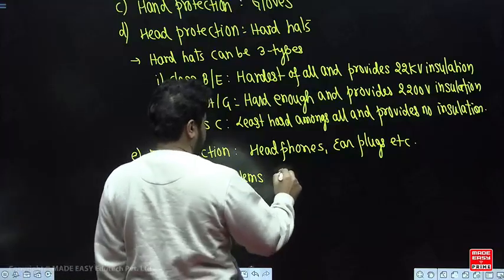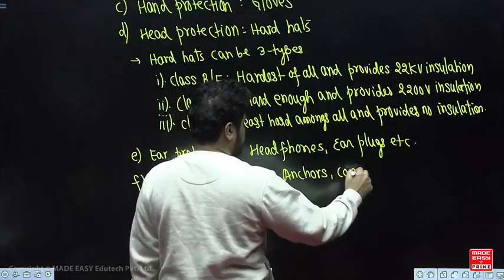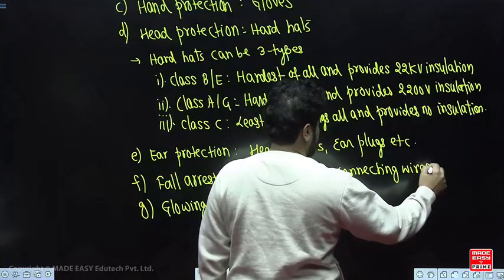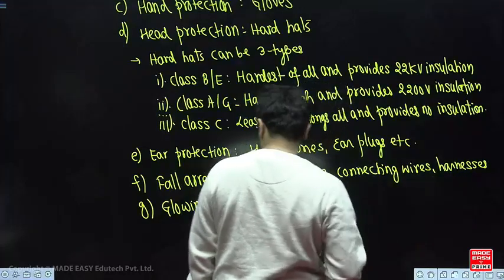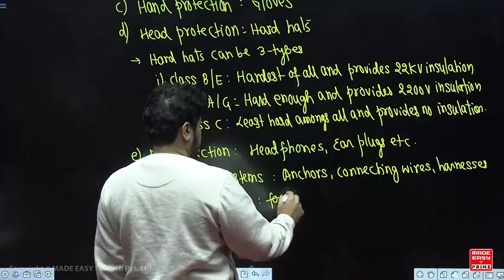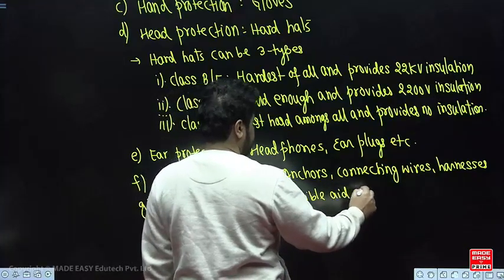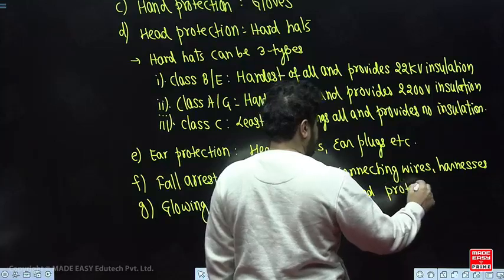राइट। अच्छा, फॉल अरेस्ट सिस्टम में क्या होता है? एंकर्स, कनेक्टिंग रोप्स और वायर्स, कनेक्टिंग वायर्स, हार्नेसेस etc. correct? For visible aid and protecting overhanging clothes,